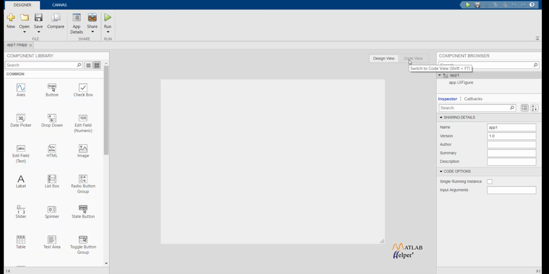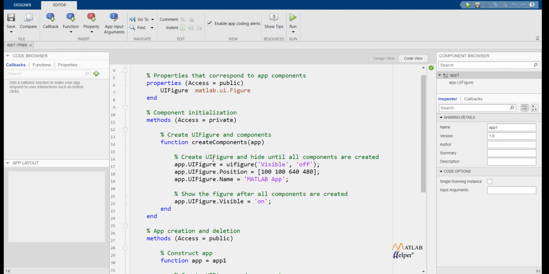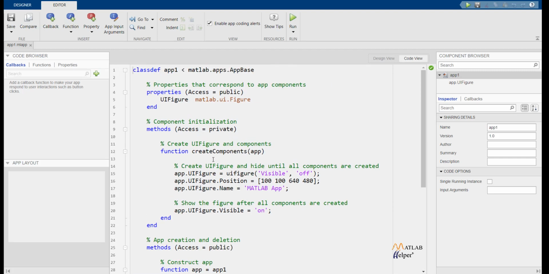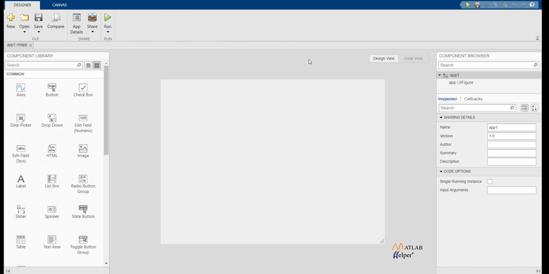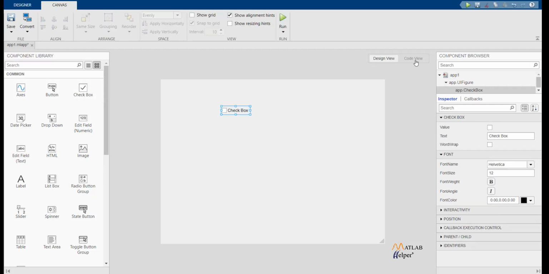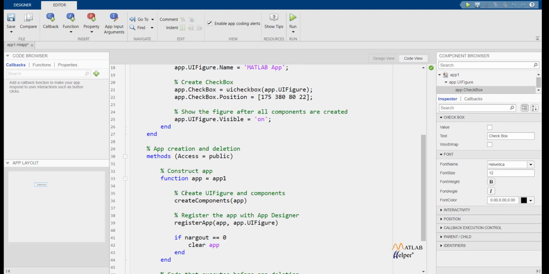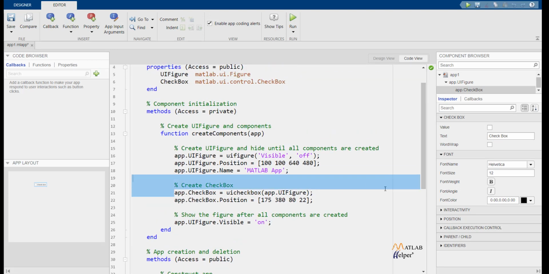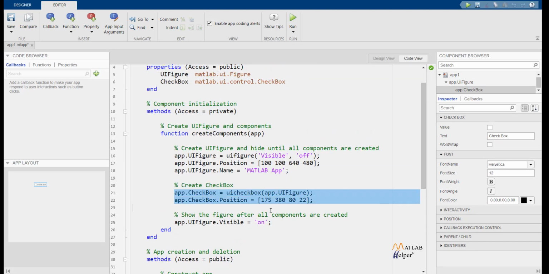The code view, as you can see, there already exists the code even if I haven't done anything to this application. So what basically happens is every time you add something to the screen here, basically you pick something up and drop it, MATLAB already creates a code for it. Basically what it does is it says that there has to be a checkbox in this figure and the position of it is this, and in certain cases it also talks about the name and the text that it's showing and all of these things.